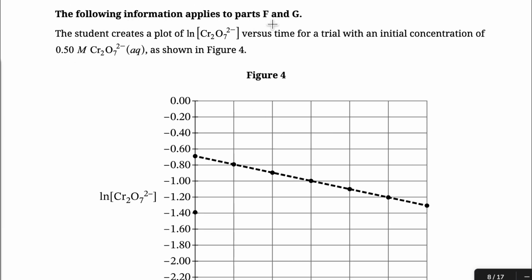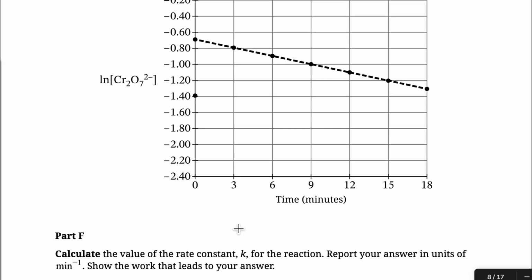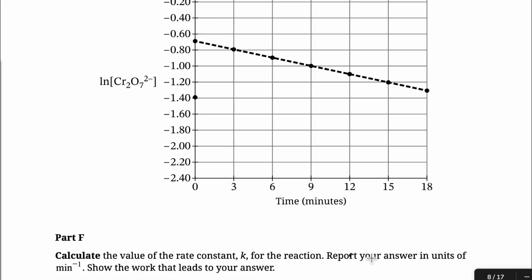The following information applies to part F and G. The student creates a plot of ln of this versus time for a trial with initial concentration of 0.50 molar as shown in figure 4. Calculate the value of the rate constant k for the reaction. Report your answer in units of inverse minutes. Show the work that leads to your answers. So the easiest way to do this, you could find the slope of this line,